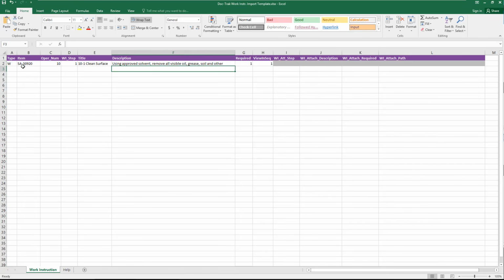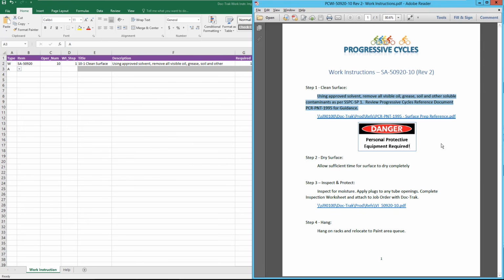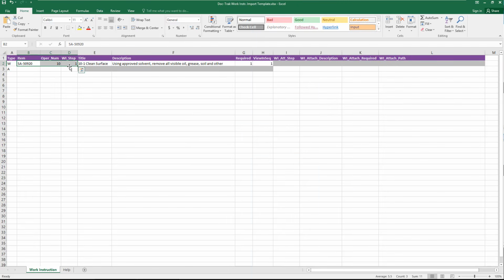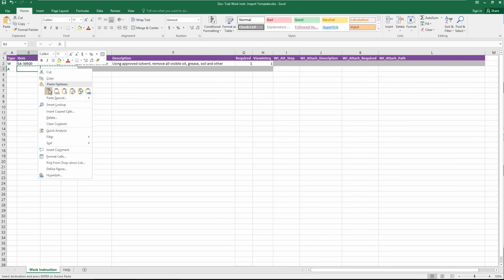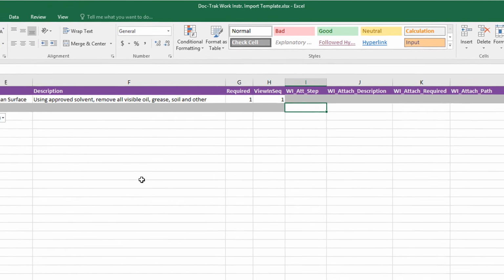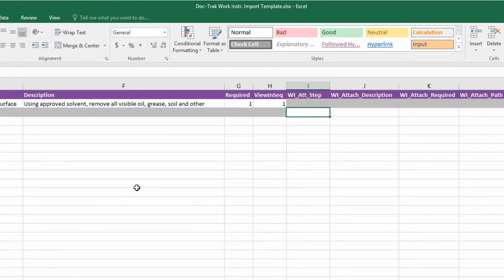I'll go to the next line and select A for attachment. It's going to be for the same item, operation, and work instruction step, so I'll just copy those values and paste them here. The next few columns aren't used for attachments, so I'll slide over until I get to the work instruction attachment step.